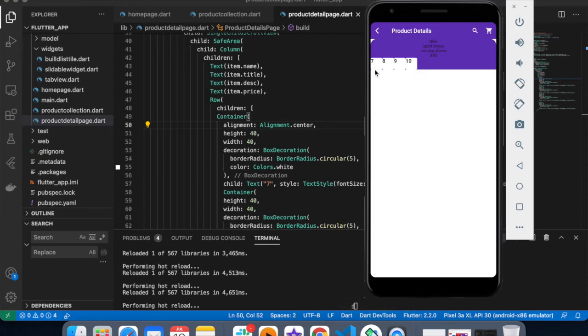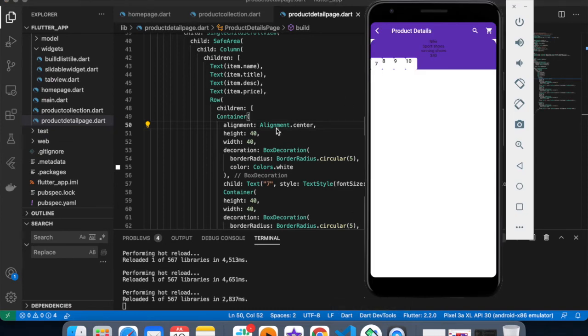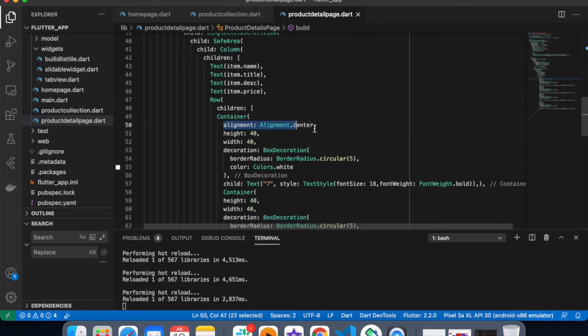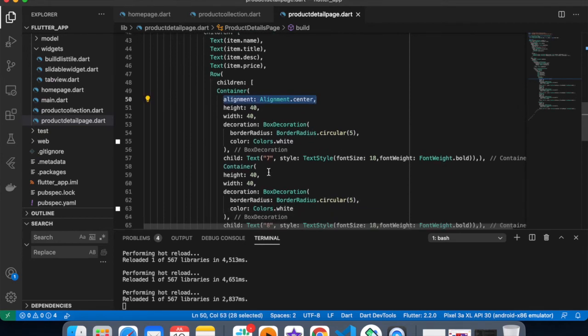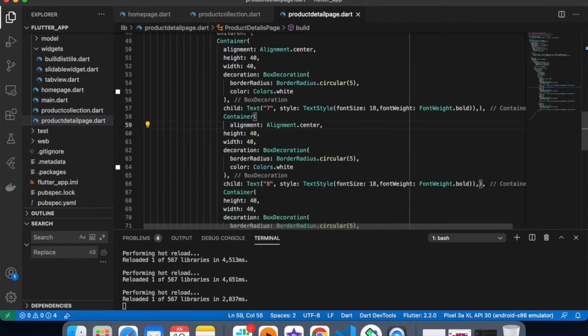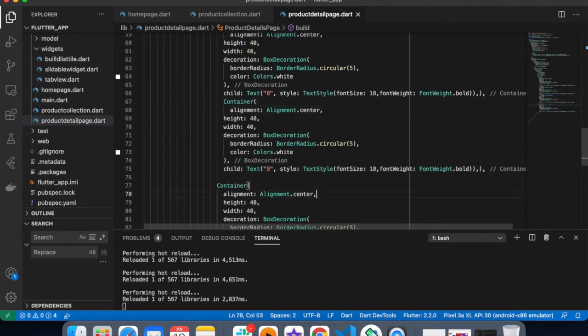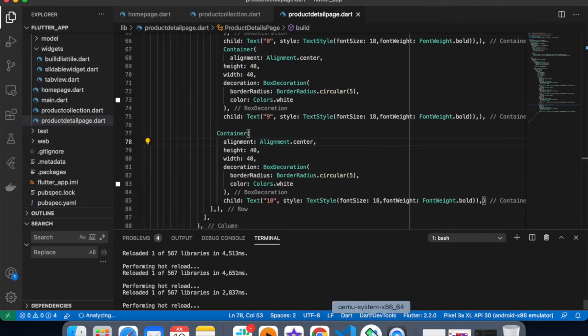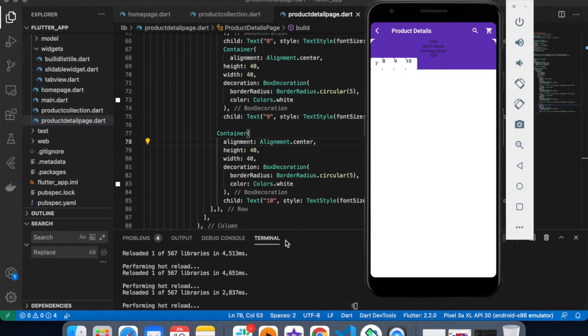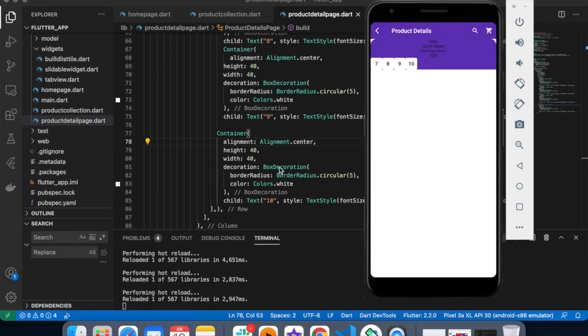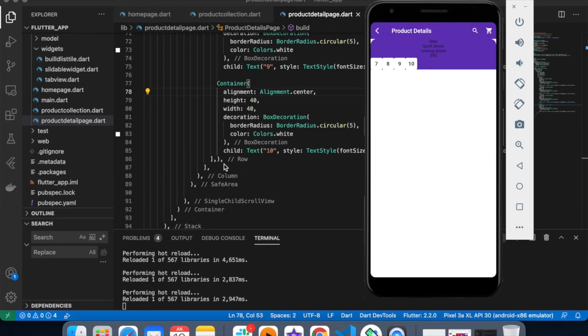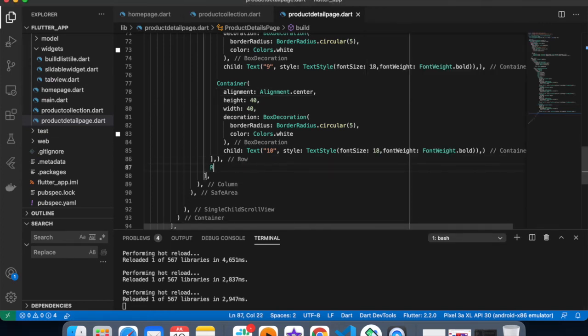To make this text in the center of this box, I have to do this in every place. Fine. And now comes some major part. Inside that row, also creating another row.